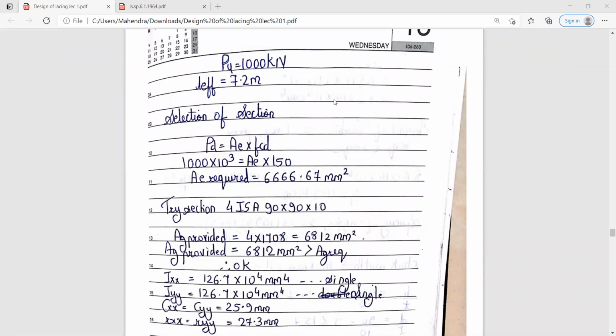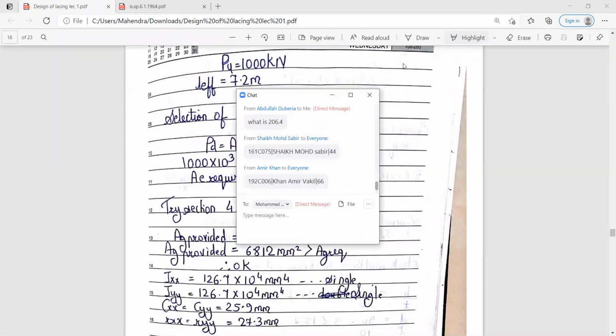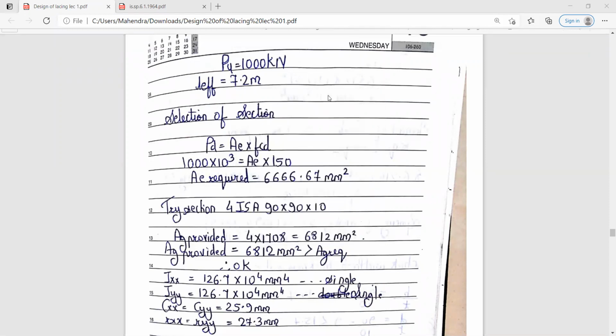As you know that FCD you are going to assume it as 150 if it is not given in the question, and factored load already it is given to you in the question, that is 1000 kilonewton. So factored load is given to you. FCD you had assumed as 150. तो उसपे से आपको इफेक्टिव एरिया कितना मिला? इफेक्टिव एरिया you had got that is triple